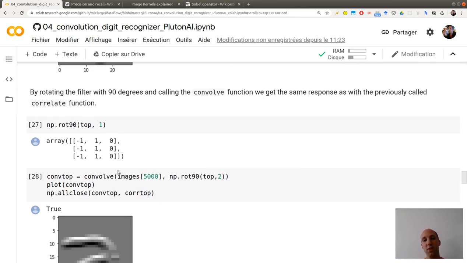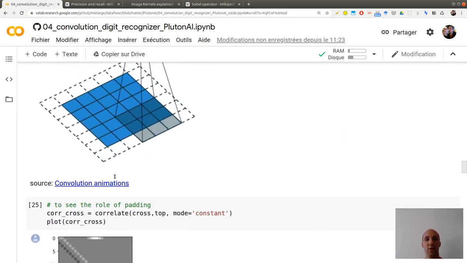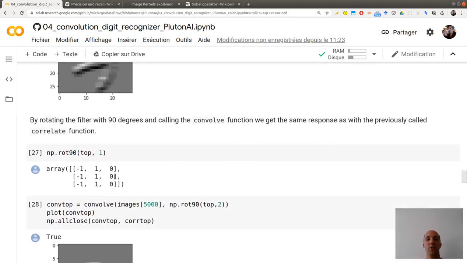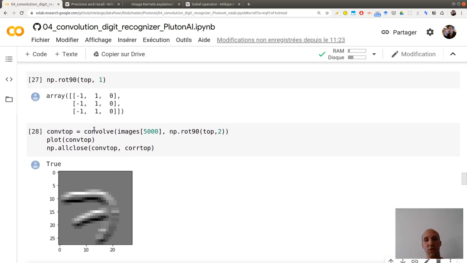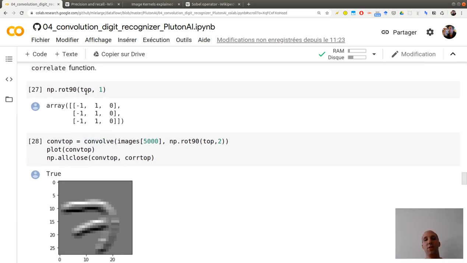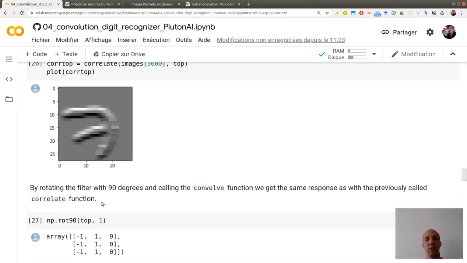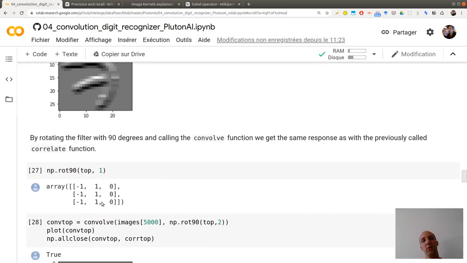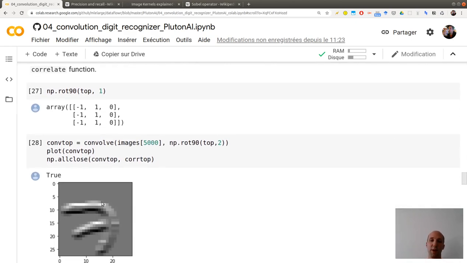Here I'm rotating it to explain why it's called a convolution. You see that I'm using something which is called correlation. So if you want to use a convolution, you need to first rotate your original kernel and then apply it to the image. And you see that here I'm obtaining exactly the same thing as here. The only difference is I did rotate my kernel by 90 degrees and then I applied convolution instead of correlation.